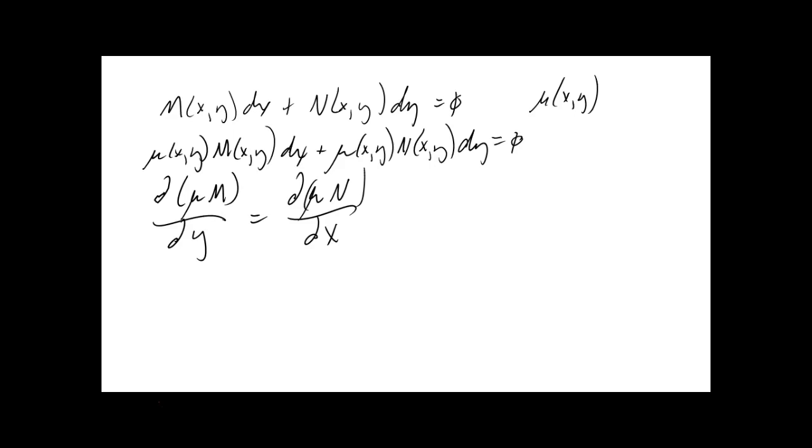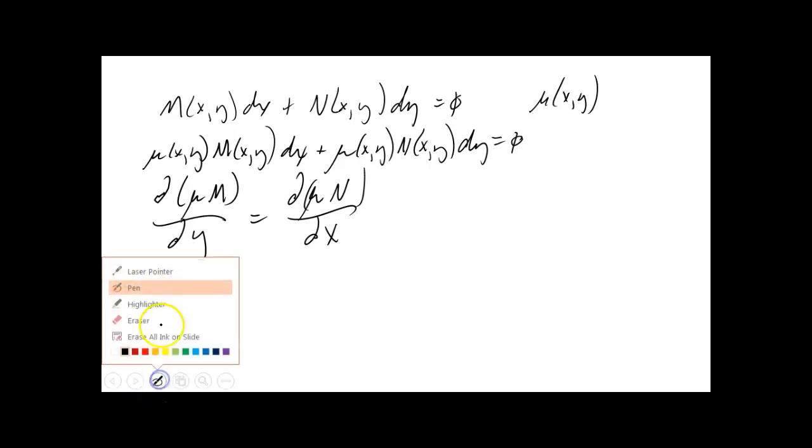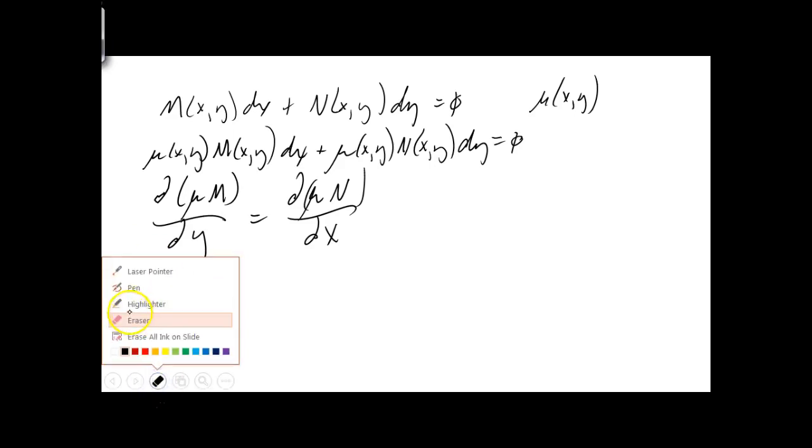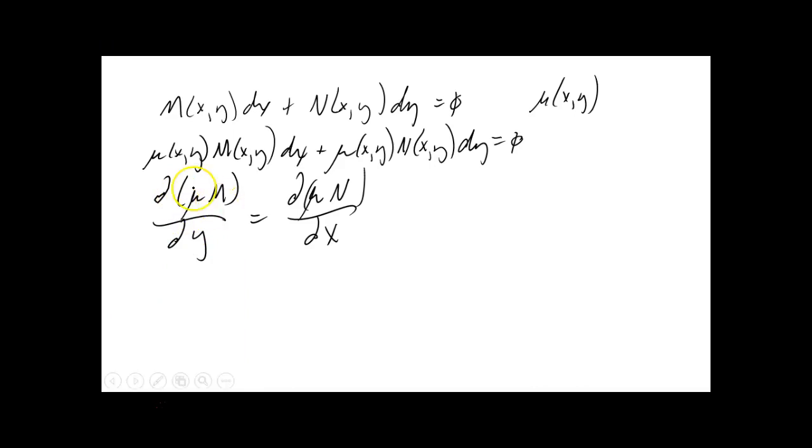Okay, let's do this equation. This with respect to y. This is the partial of mu with respect, wait. Before I do this, I want you to do it. Take the partial of mu M, product rule. What would that be? We're at the bottom of page 68. Yeah, down there. Okay, so we're taking the